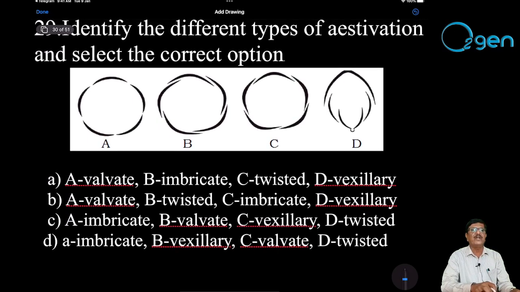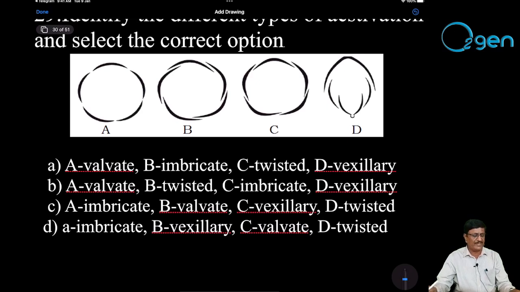Identify the different types of estivation and select the correct option. Here the arrangement of sepals and petals is given, so identify those. In figure A, they just touch border to border, that is called valvate estivation. In the second, B, one end of the sepal or petal is on the inner side